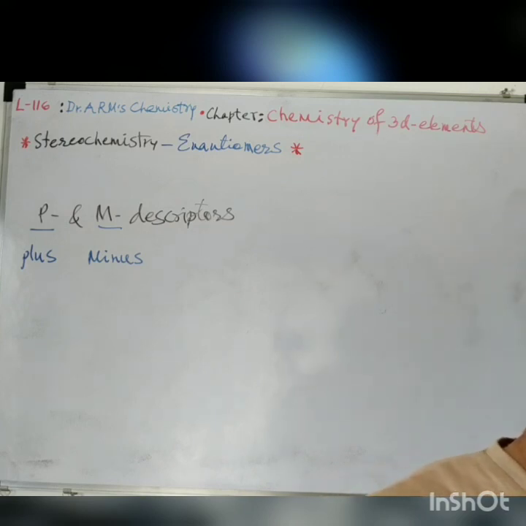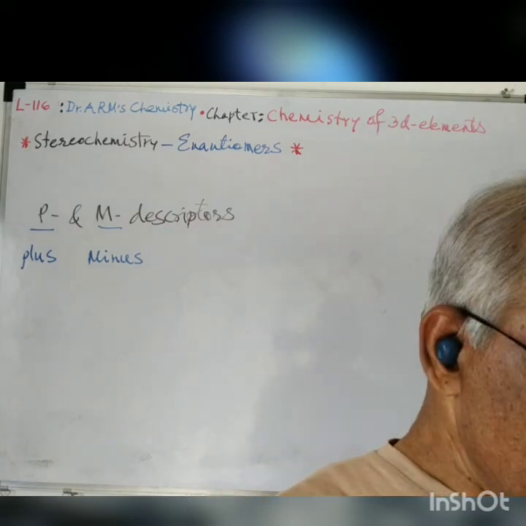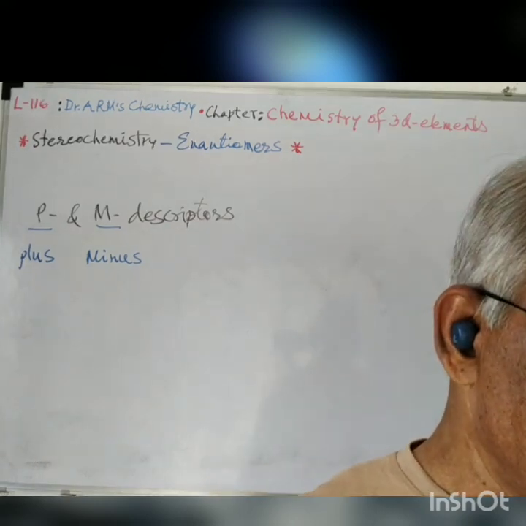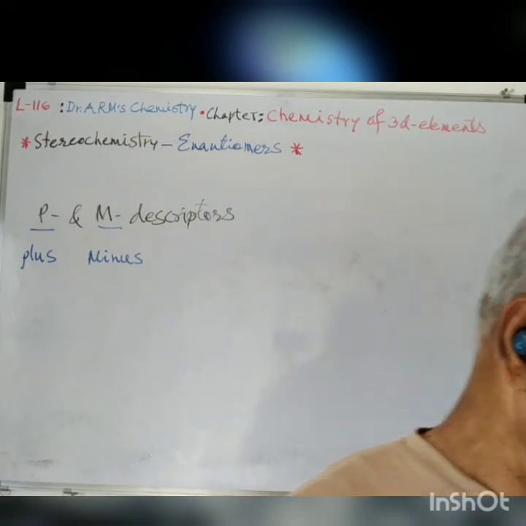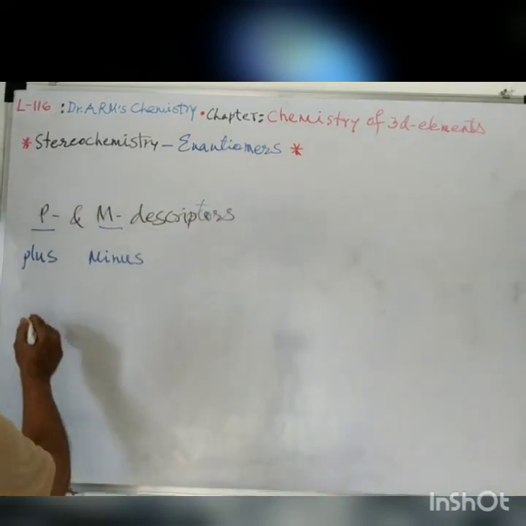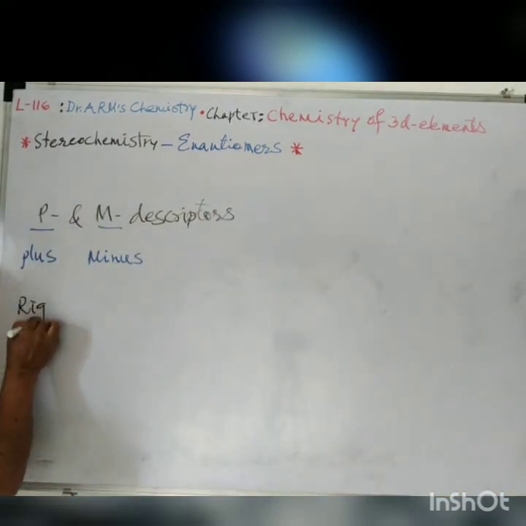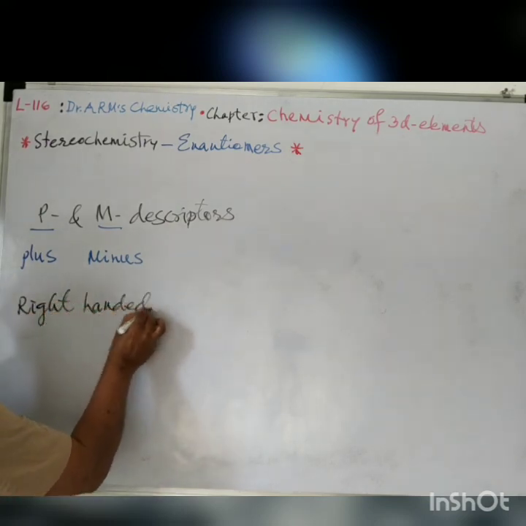For example, a helical chain structure can have right or left-handed isomer. So the right-handed helical structure